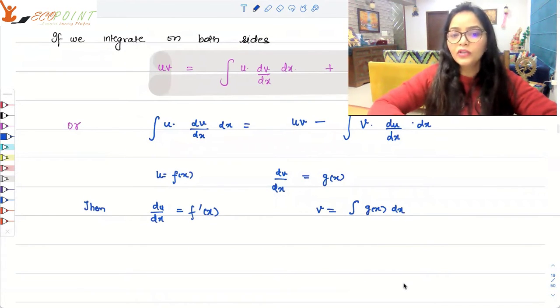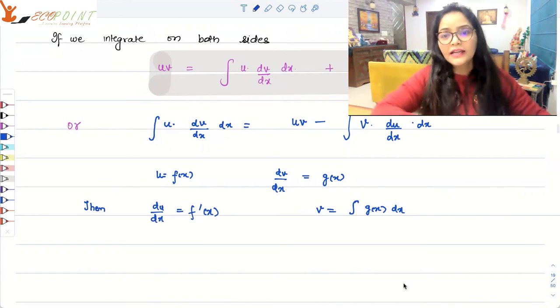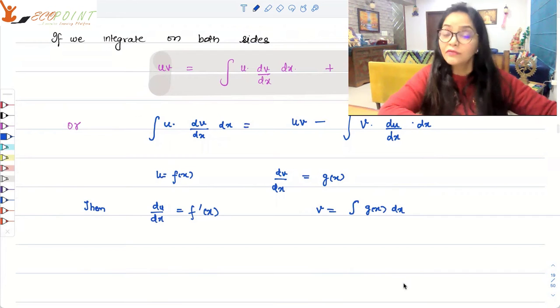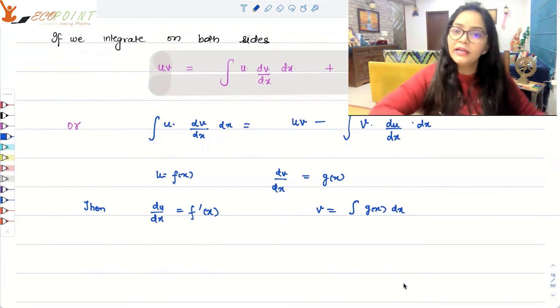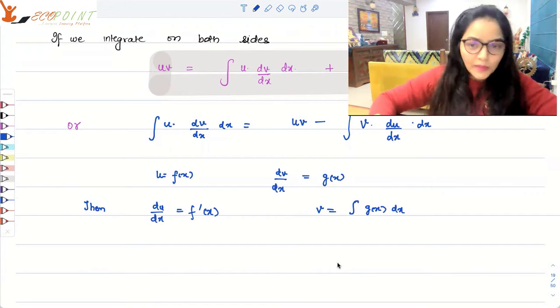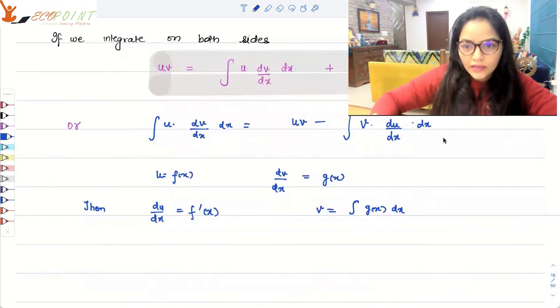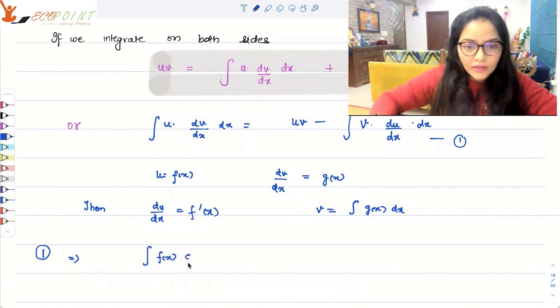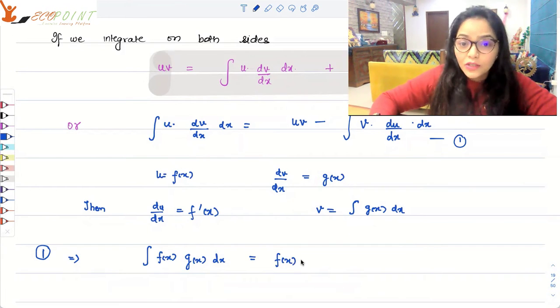So if we take u as some function fx and dv upon dx as some function gx, then du by dx is f dash x and v is equal to the integral of gx. So what does this expression, let me call it expression 1, turn into now? This implies that the integral of fx, since u is fx, into gx dx is equal to fx into v, which is the integral of gx dx,